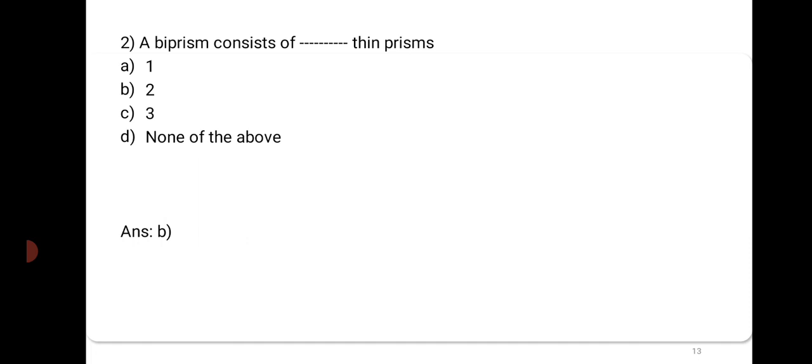Second question: a biprism consists of dash thin prisms. Option A 1, option B 2, option C 3, option D none of the above. Biprism consists of 2 thin prisms. Therefore,